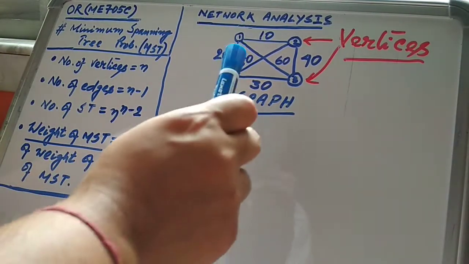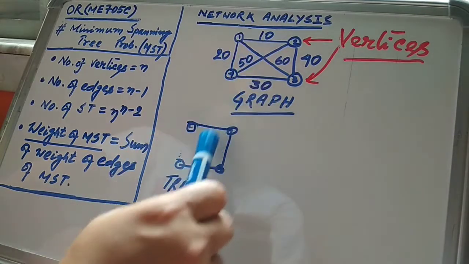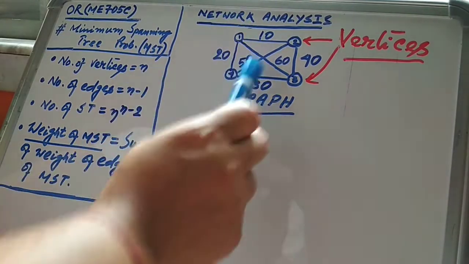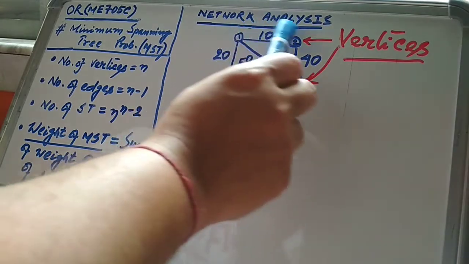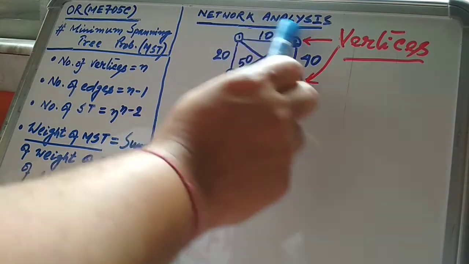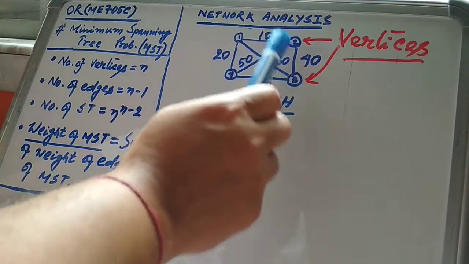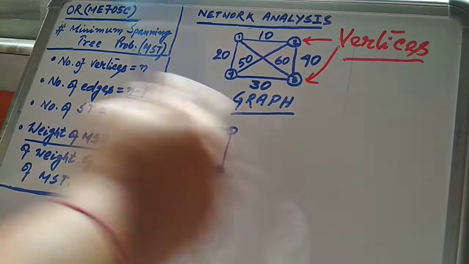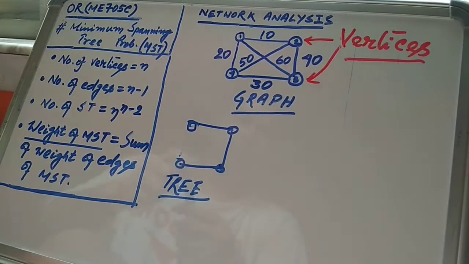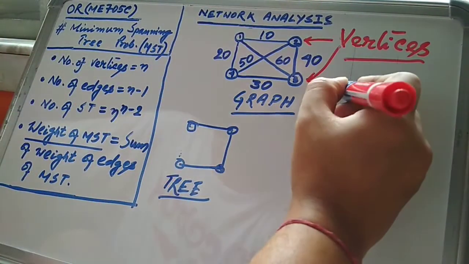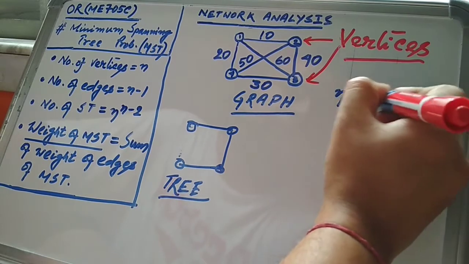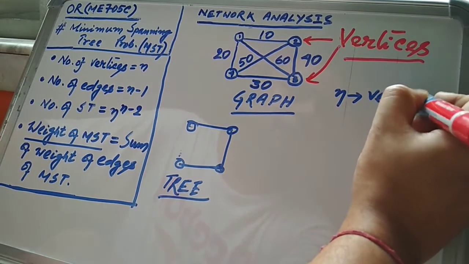If you have to construct a spanning tree, you have to connect all 4 vertices in this particular network. If it had been 5 or 6 or 7 or say n number of vertices in a particular problem,